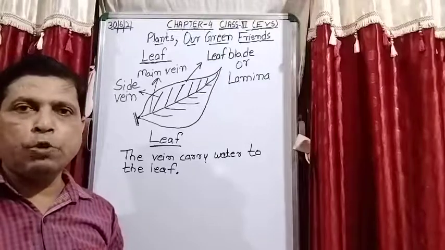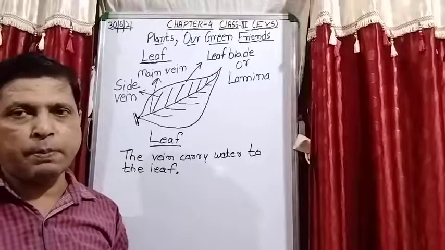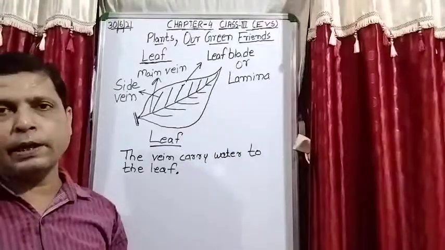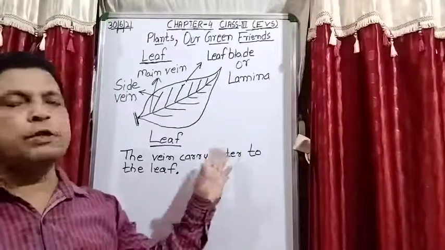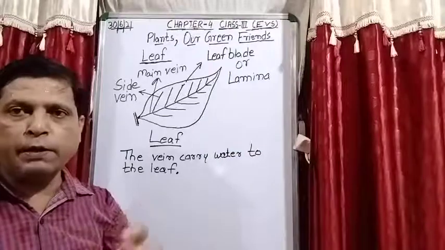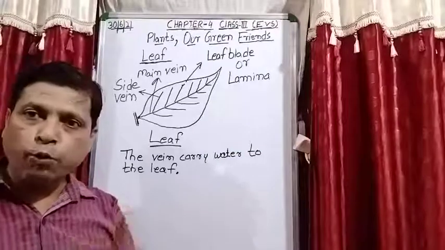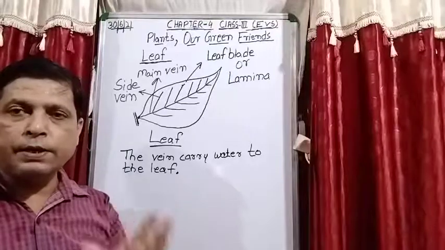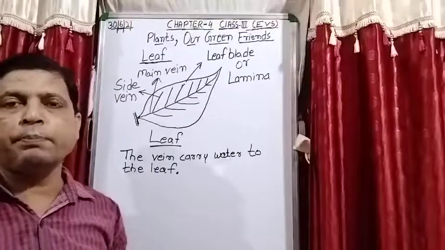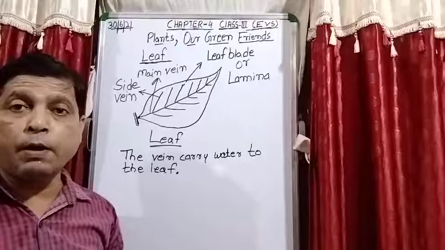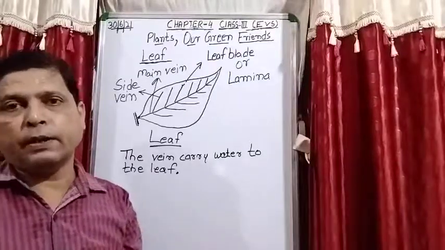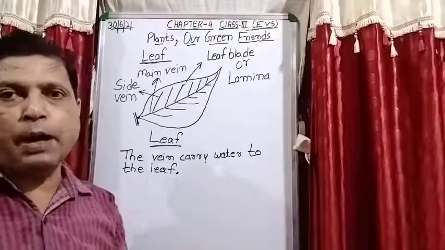क्योंकि आपके मम्मी लोग भी खाना कहाँ बनाते हैं बेटा? किचन में बनाते हैं, ठीक है? तो प्लांट के किचन भी बोला गया है लीफ को. And leaf is also known as the food factory of the plant. लीव्स को फूड फैक्ट्रीज भी बोला गया है प्लांट का. What is the reason for that? Reason is that leaves can prepare their own food. लीव्स क्या अपना फूड, जो पेड़ों के पत्ते हैं वही भोजन बनाते हैं. Leaves prepare food for the plant.